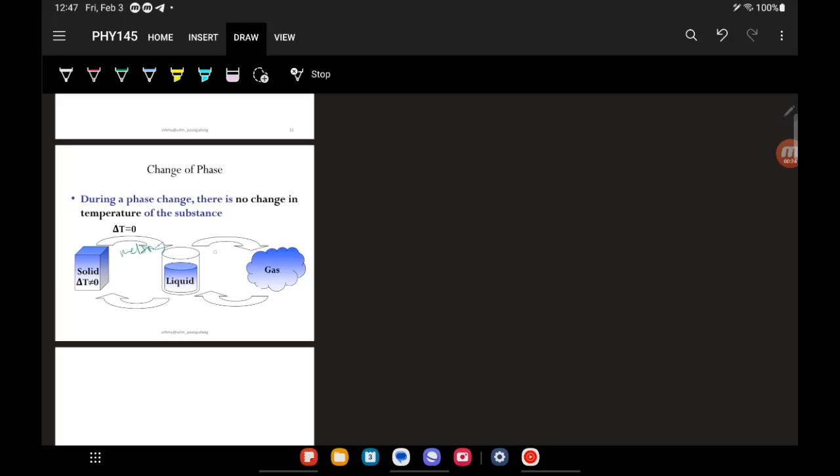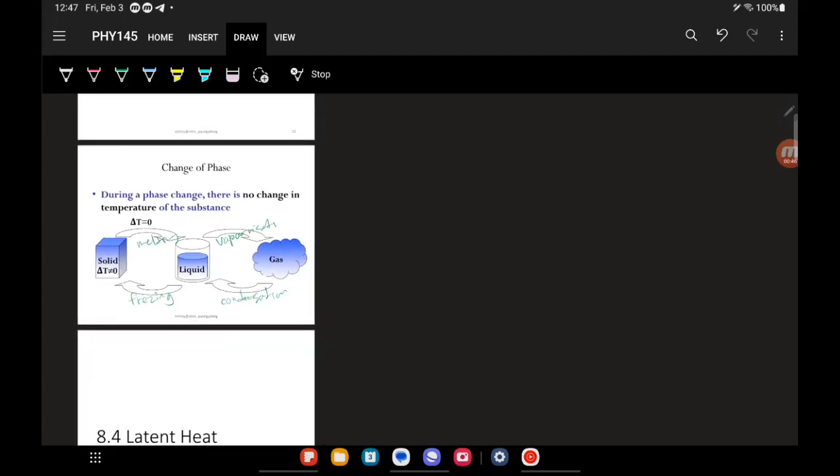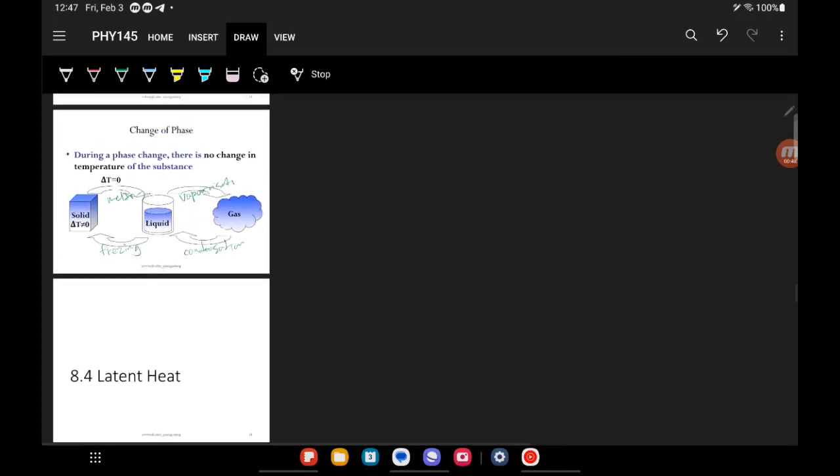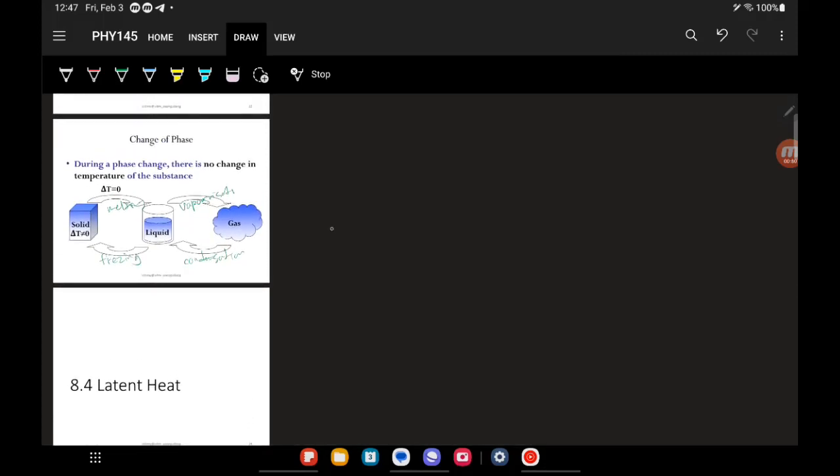Liquid to gas is vaporization. So gas to liquid is condensation, and liquid to solid is either solidification or freezing. You can use freezing as well. Okay, so each of these, whenever